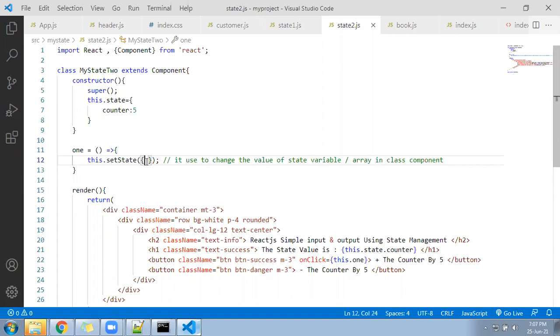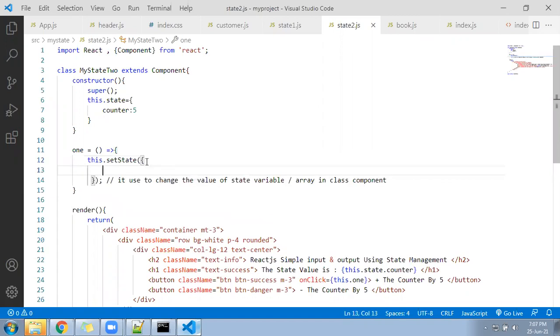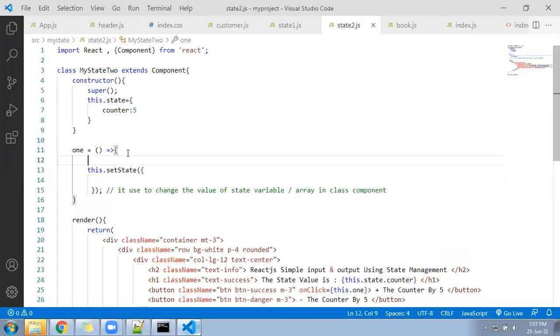We all know a small concept that is called A equal to A plus B. Let me go here.